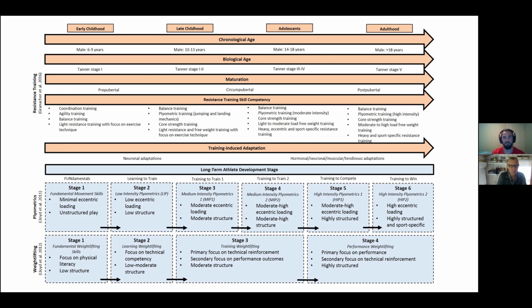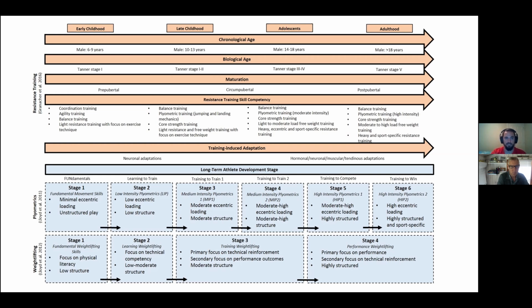But essentially, the common theme here is starting with low structure, fundamental movement skills early on, and over time, you're increasing the loading, the intensity, and the training structure as you mature over time. So that was a theme that was consistent across these models and the next models here, but these models were